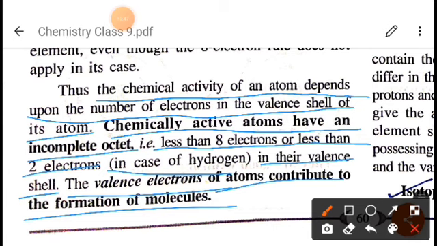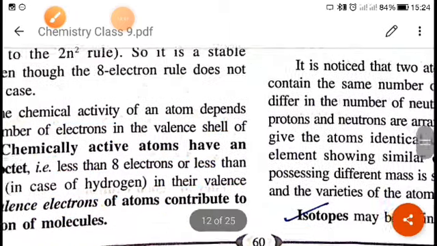So why are they combining? The main motto of the chemical activity of any atom is to attain the octet, to attain 8 electrons in its outermost shell. That is why, to attain 8 electrons in its outermost shell, atoms will combine to form molecules. If their octet or duplet is complete, then they become stable. To become stable, they react. And what is the rule for stability? To achieve 8 electrons in the outermost shell, or the valence shell, right? So I hope you have got some idea. Now we will see in detail.